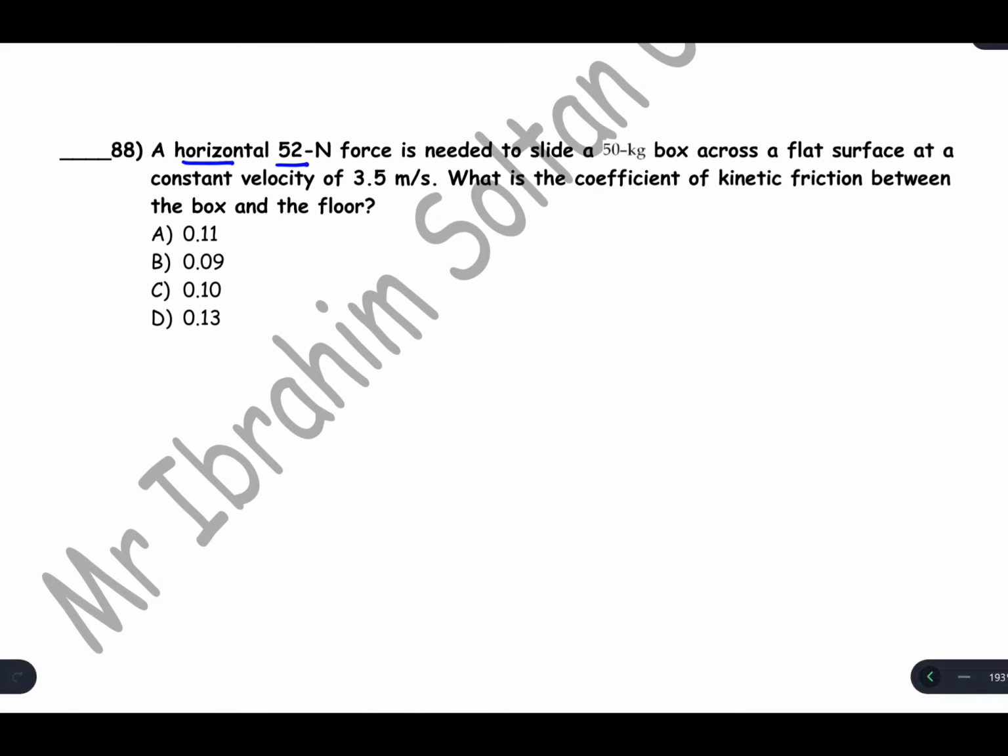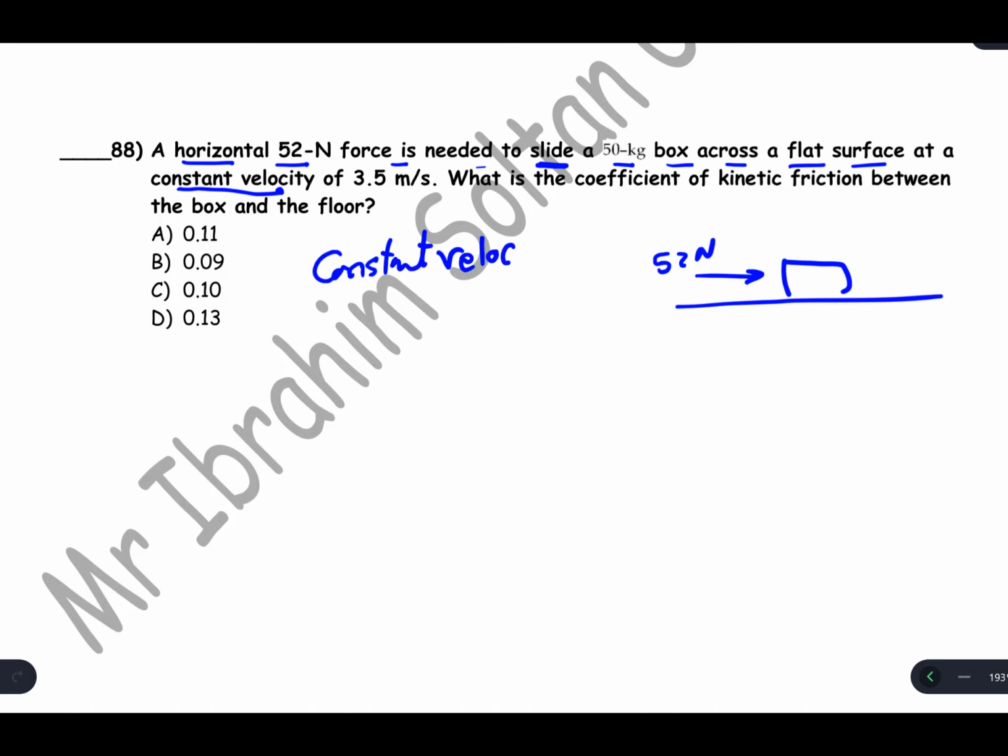Here, a horizontal 52 Newton force is needed to slide a 50 kilogram box across a flat surface. This is a flat surface, and this is 52 Newton, at a constant velocity. Hold on, do you remember what we said about constant velocity? It means the net force equals 0, meaning the F applied equals